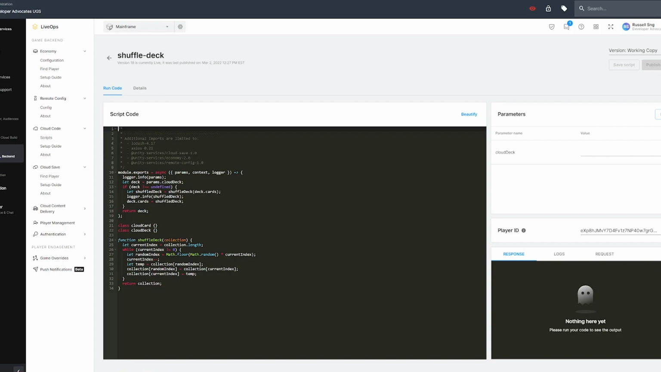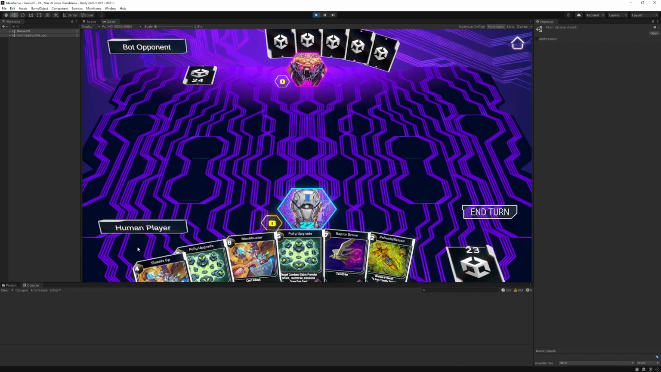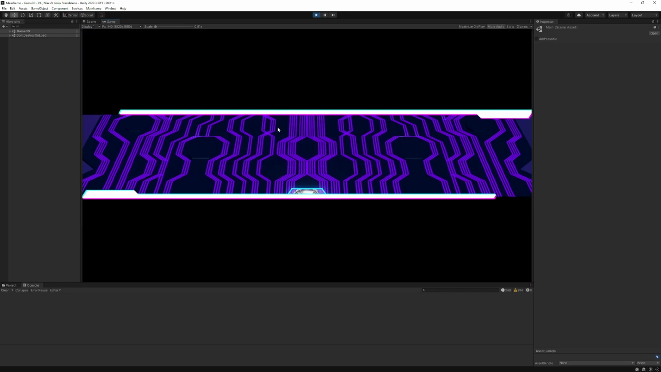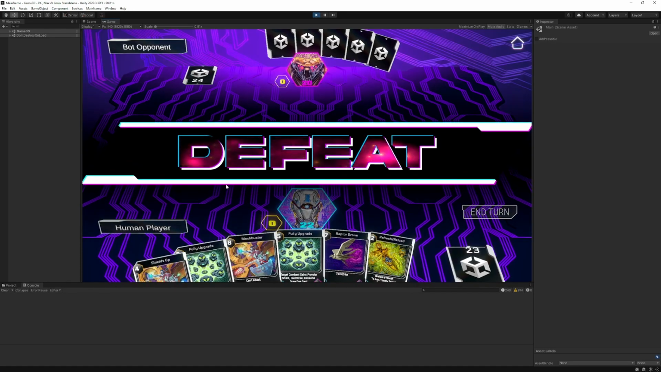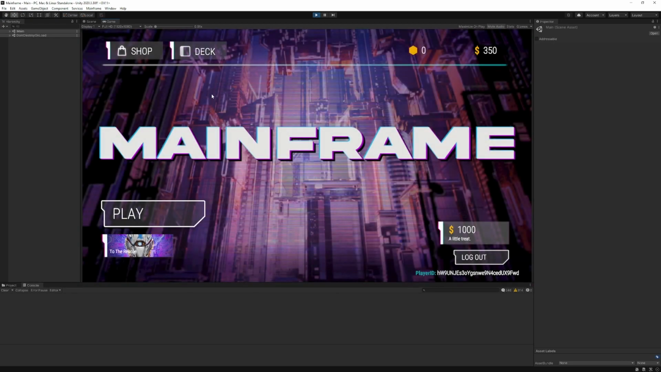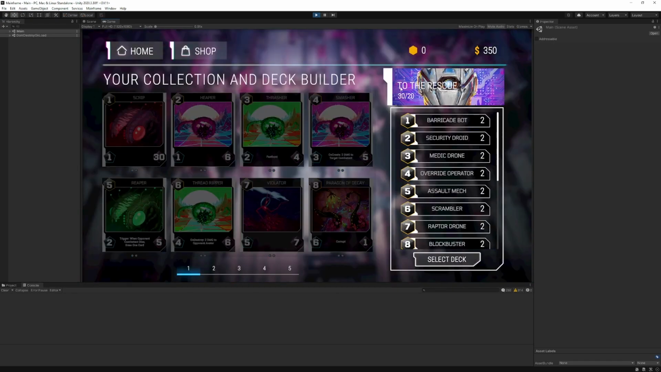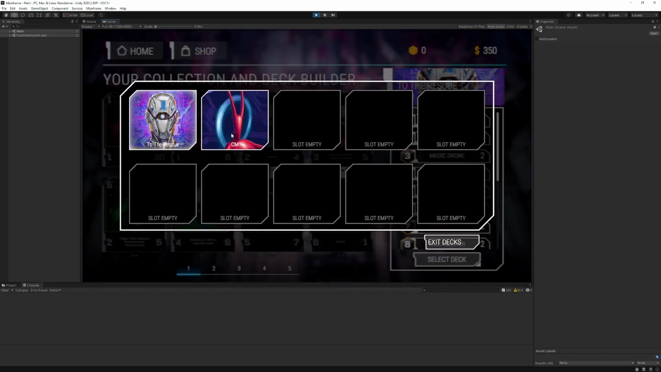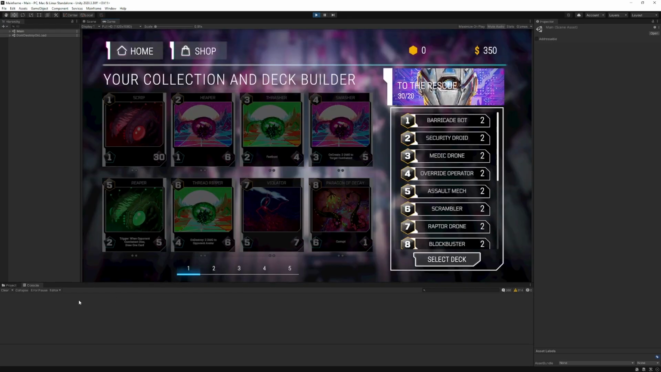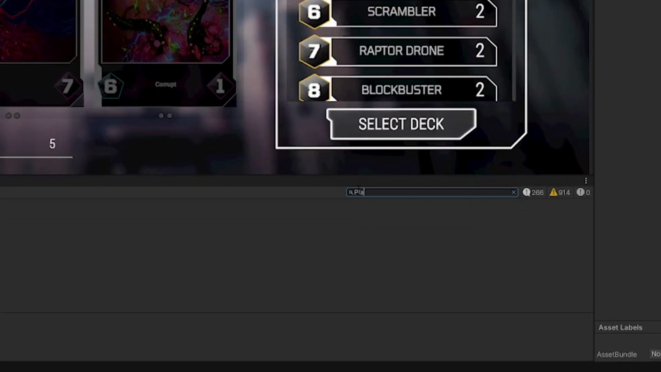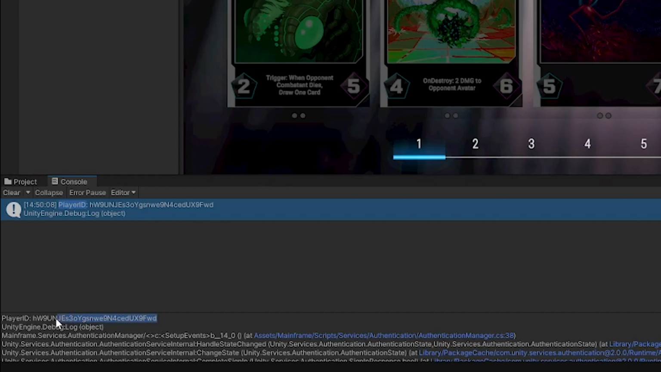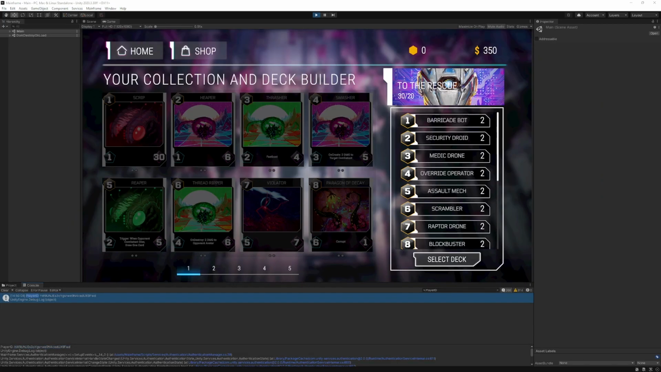If we go back to the project, we can now take a look at the deck editor, which represents our cloud save implementation. As you can see here, users are able to create a custom deck and add cards to it. This one is called To the Rescue. So if we search for the player ID of the currently logged in player, we're able to take that player ID,